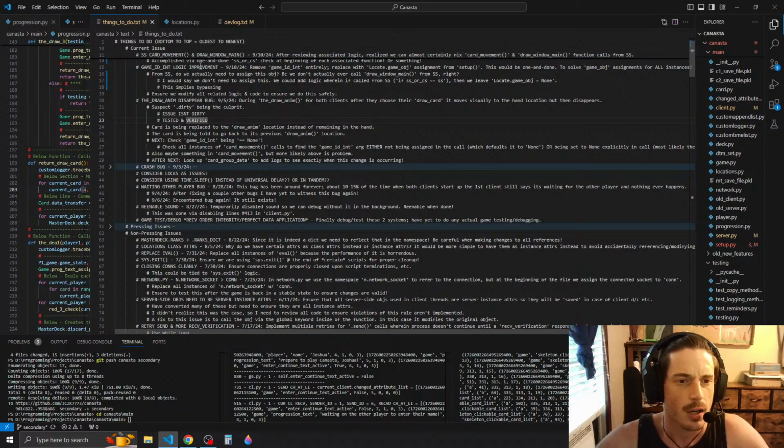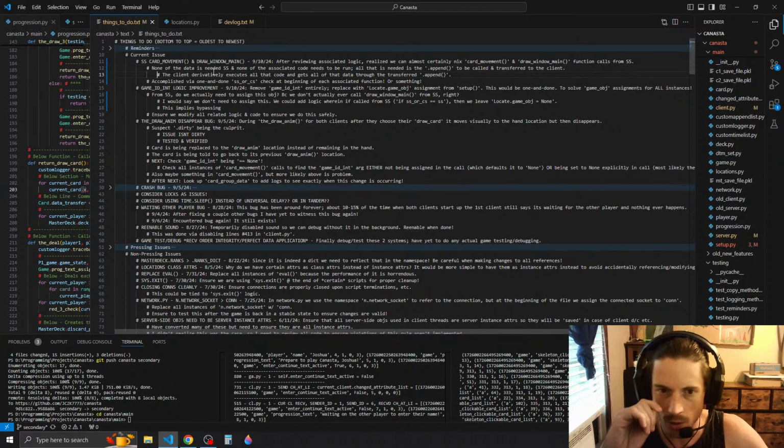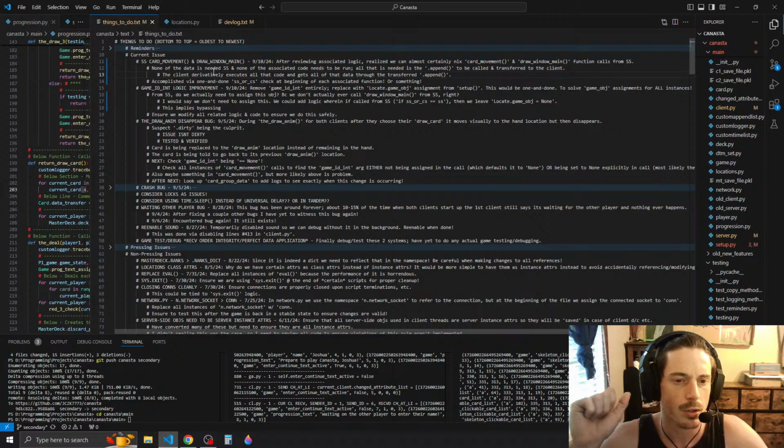So let's knock this out. SS card movement and draw window main. After viewing associated object, realize we can almost certainly nix card movement draw window main function calls from server side. None of the data is needed server side, and none of the associated code needs to be run. All that is needed is the append to be called and transferred to the client. The client derivatively executes all that code and gets all of that data through the transferred append. Accomplished via one and done SS or CS check at the beginning of each associated function or something like,